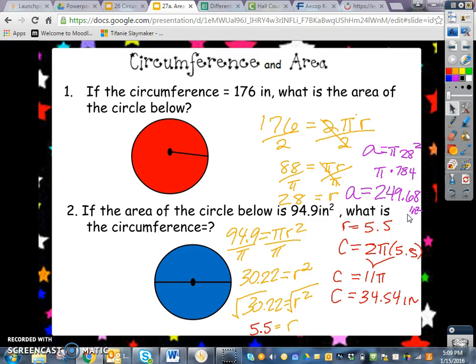Okay, so number 2, it says if the area of the circle below is 94.9 inches squared, what is the circumference? Okay, so if the area is 94.9, and we know the area equals pi r squared, so we can go ahead and start solving for the radius. Okay, so we're going to first here divide by pi, because this exponent that's connected to that radius we can't deal with,